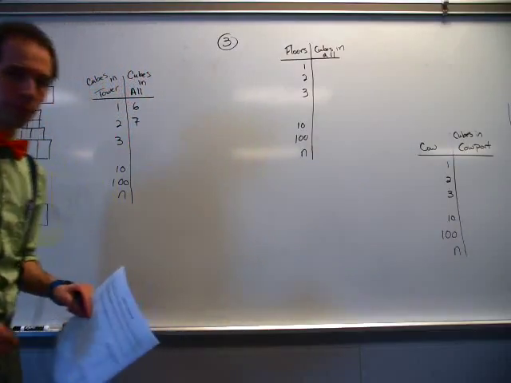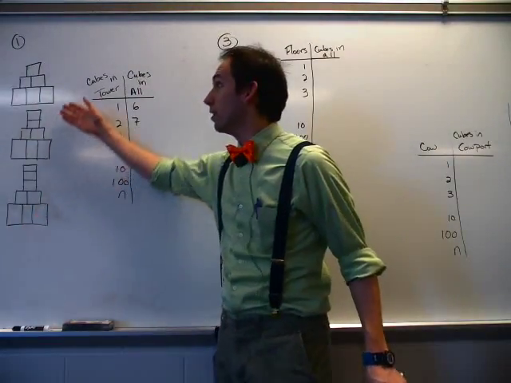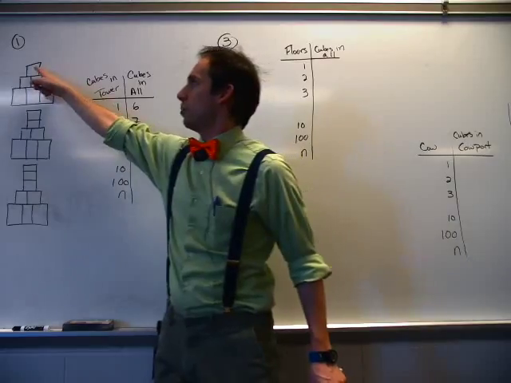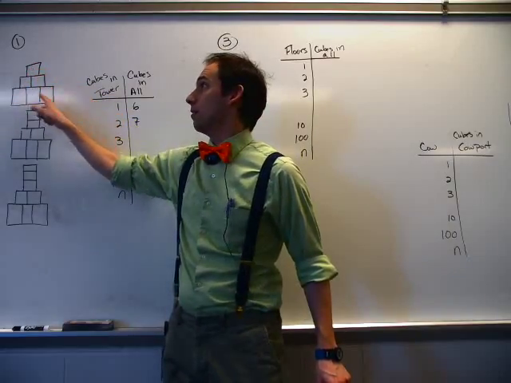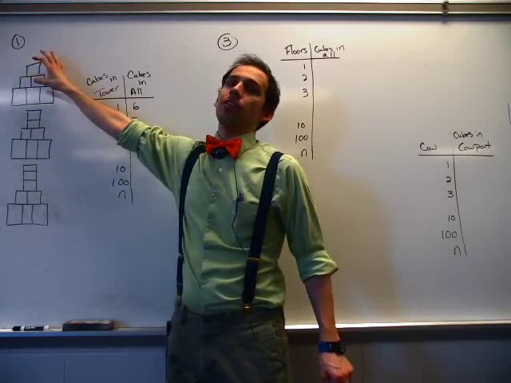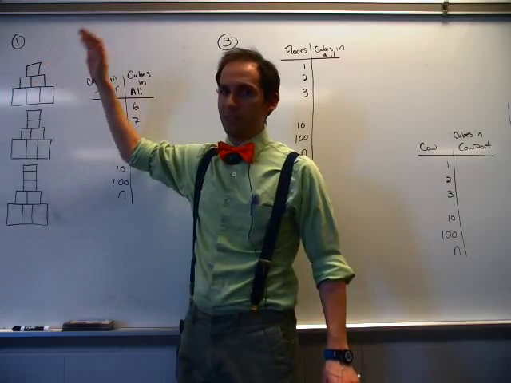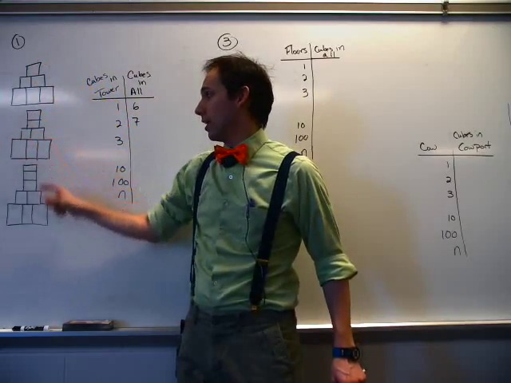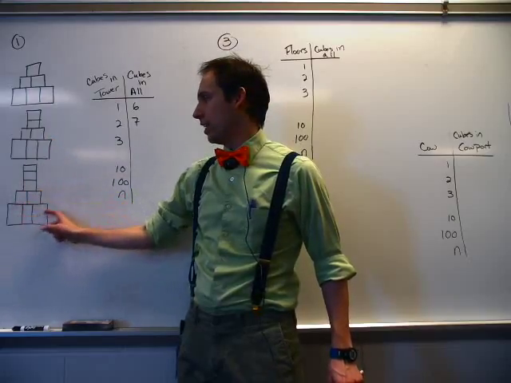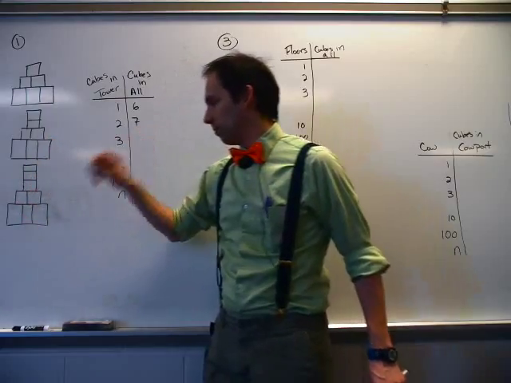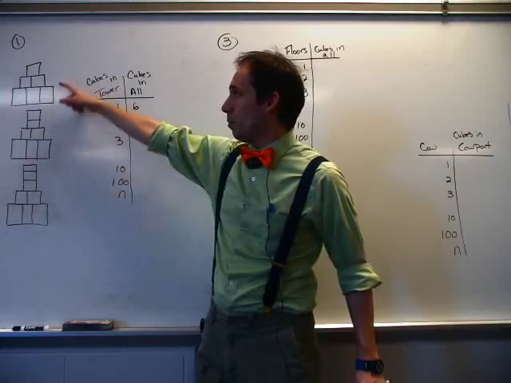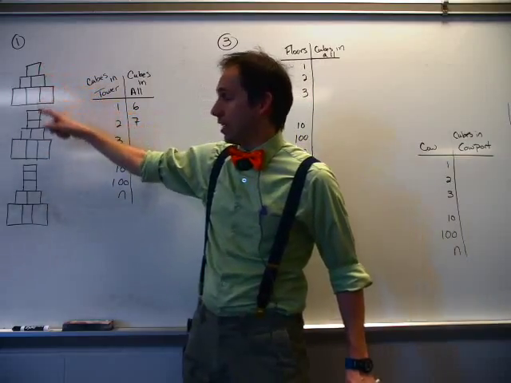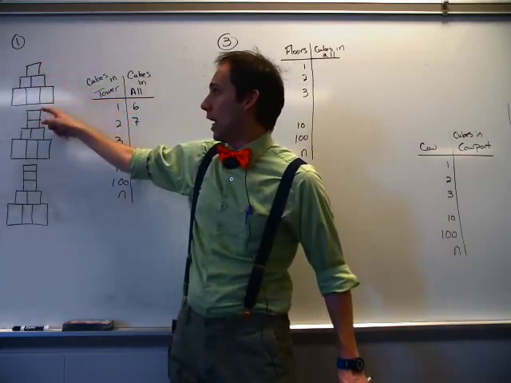But basically, here's what happens. I have a picture kind of like this. And this particular picture has 6 blocks in it. And this represents the first picture, or the first scene of a situation. This is the second scene, and this scene has 7 blocks, and this is the third scene, and this scene has 8 blocks. So what's happening in this picture is, in each successive picture, I'm adding one more block to what we call